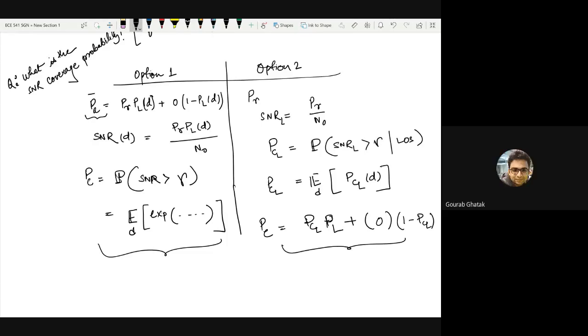Any other comments? I would like others to just chip in. First of all, in case anyone thinks that both should evaluate to be the same value, please feel free to express that. But in case you think that they are different approaches and they will evaluate to different values, which do you think more accurately characterizes the network?